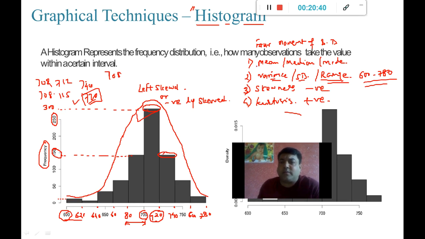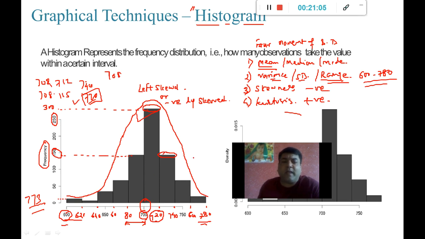And what is the average, if I want to make an understanding of it? So you can see here, for 773 students, the score range is from 600 to 780, and the average seems to be around 700. The mean of this data seems to be around 700.